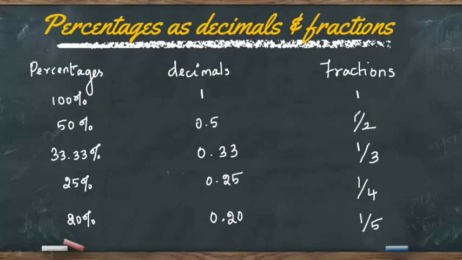Well, assume that you have a complete cake, a full cake, and you have to divide the cake for 2 people. Then each person will be getting 50% of the cake, which in terms of decimal is nothing but 0.5. Similarly, if the cake is divided among 3 people, then each person gets 33.33%, which in terms of decimals